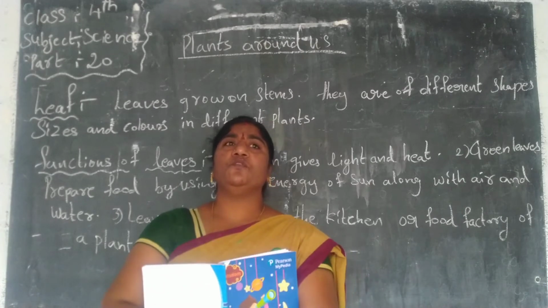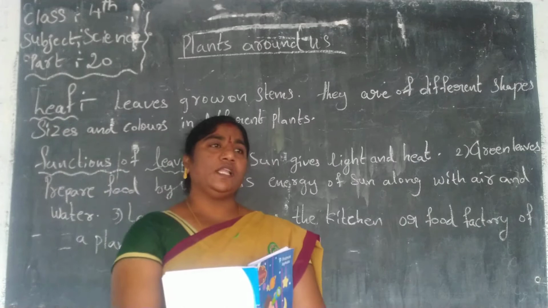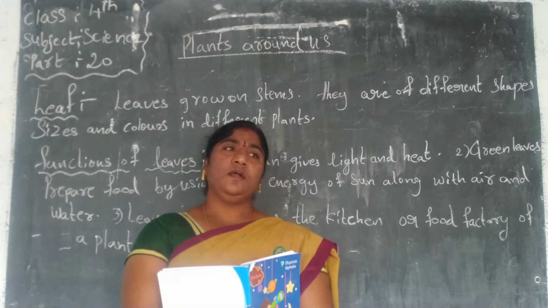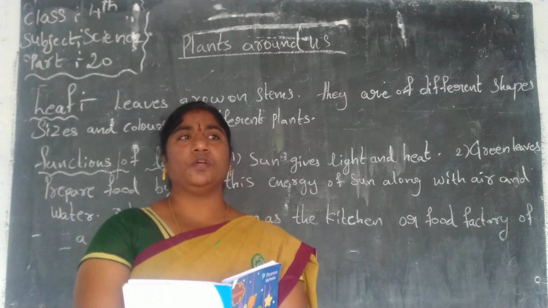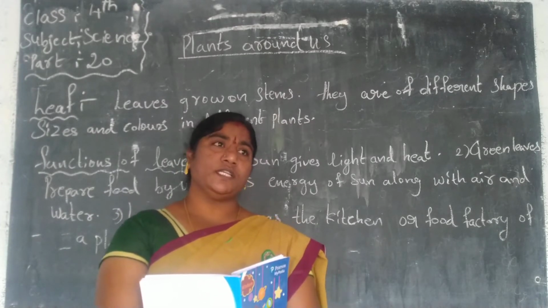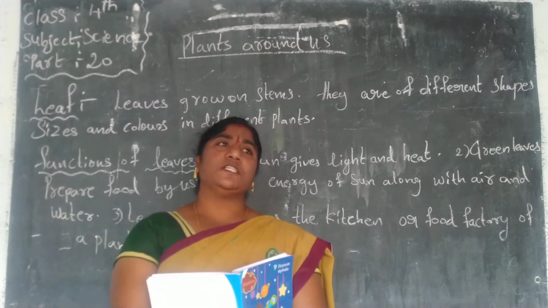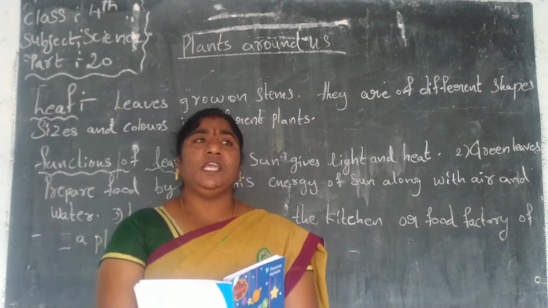We have to give the plants proper food. What is the food we have to give? We have to water the plants regularly. Then they grow properly. When we pour water, the roots take minerals and salts from it. From the roots the plants will take them, and the leaf prepares the food.